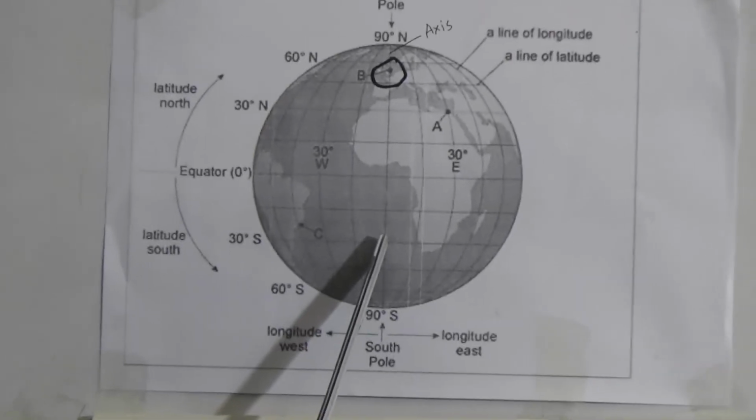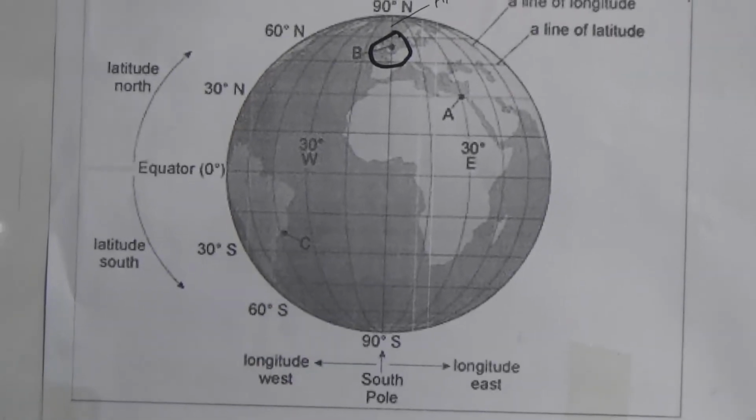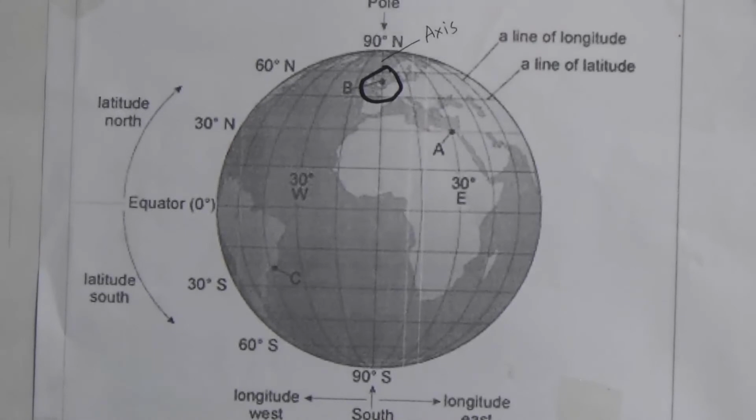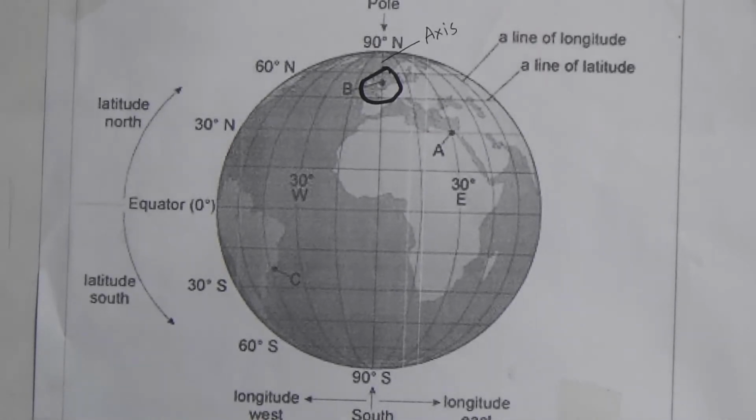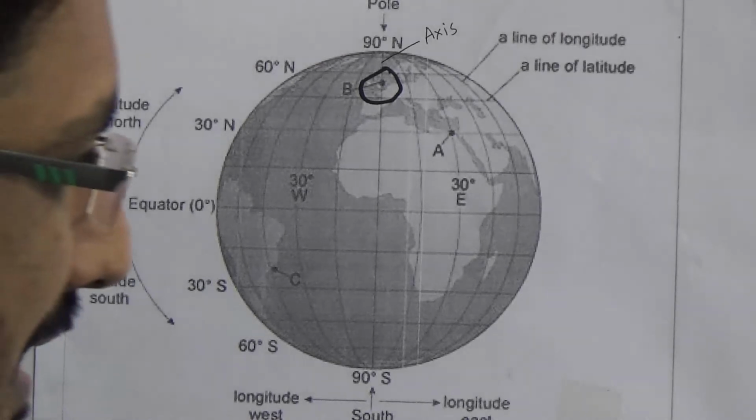Likewise, if we go 90 degrees west, then it will be GMT, that means Greenwich Mean Time, written as -6, that means 6 hours will be differed. The time of that place will be 12 hours less than Bangladesh.